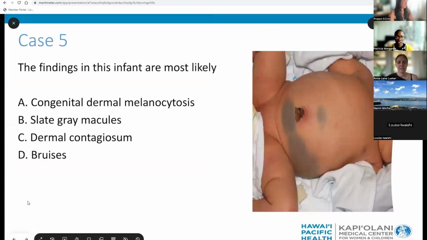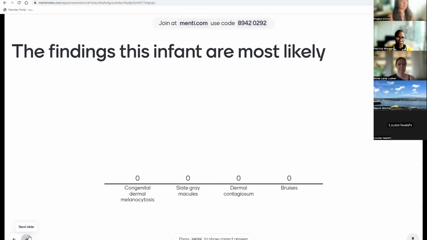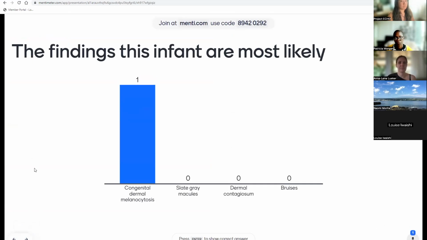So the findings in this infant are most likely A, congenital dermal melanocytosis, B, slate gray macules, C, molluscum contagiosum, D, bruises. So the findings in this infant are most likely due to